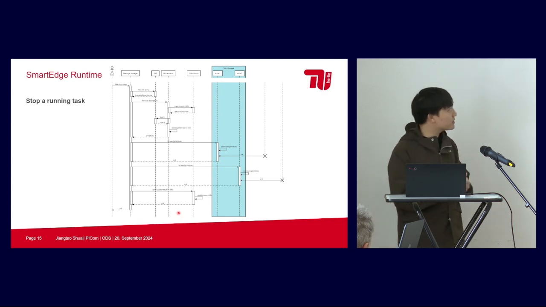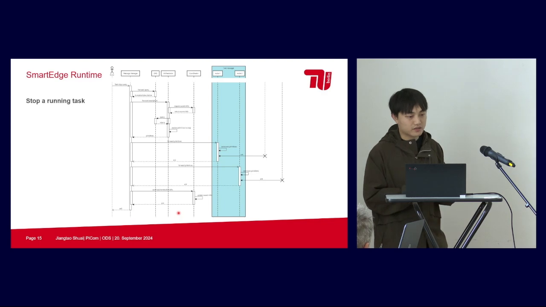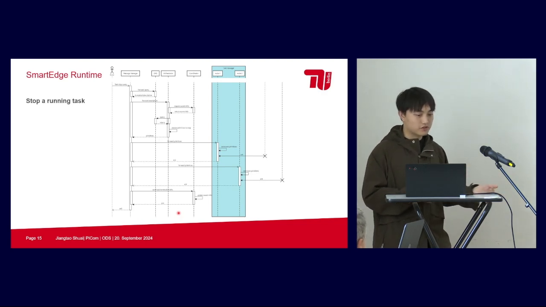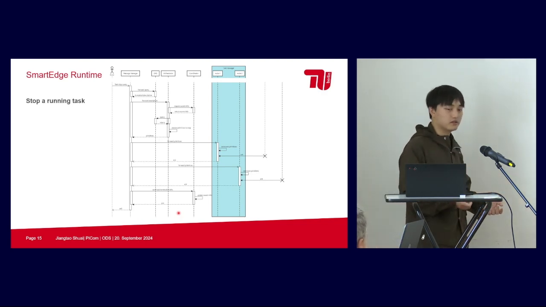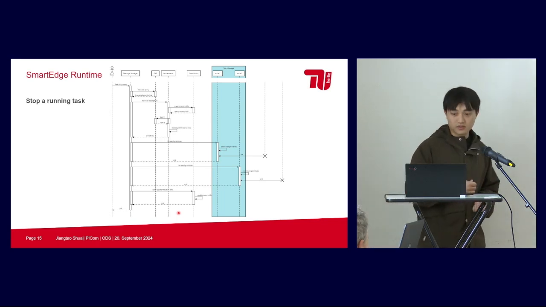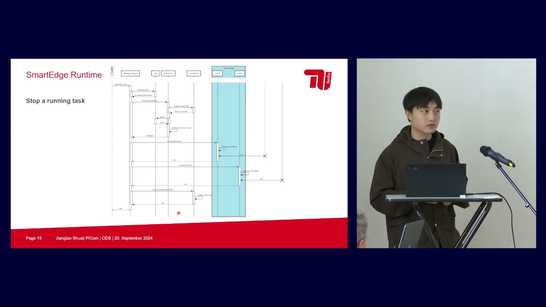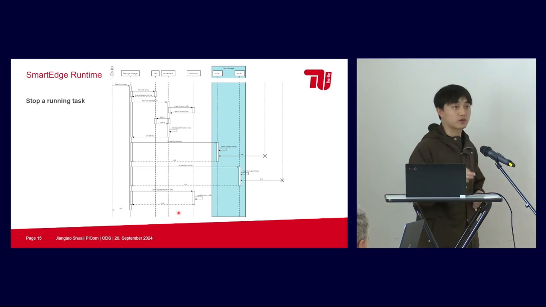It's a very similar logic behind it. The actor needs to send a query to stop it. The message manager handles this query with the DKG and forwards it to the orchestrator. The orchestrator contacts the coordinator. Then the orchestrator will send the stop signal to the message manager and forward it to the task manager. And the task manager will stop